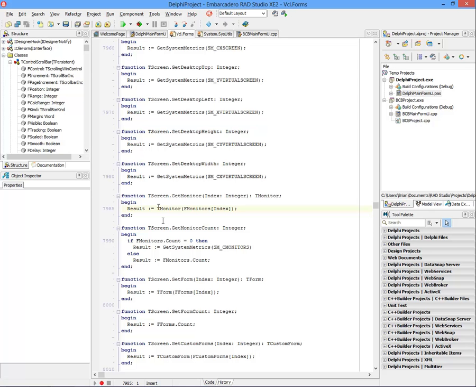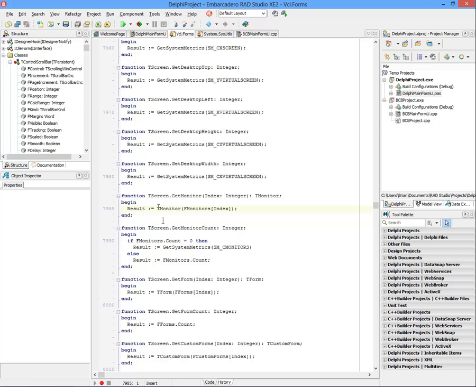Method hopping works in Delphi and C++ Builder. In earlier versions of Delphi, before method hopping came along, there was already a navigation keystroke called module navigation. This is a very nice keystroke which allows you to jump between the implementation and the declaration of a given subroutine or method. So, for example, in this VCL source file that I'm in now, I'm in the implementation of